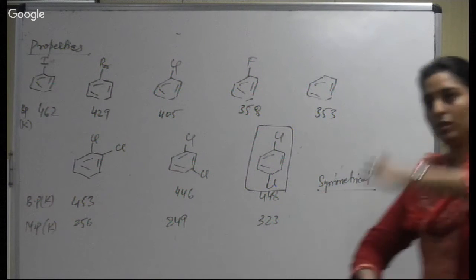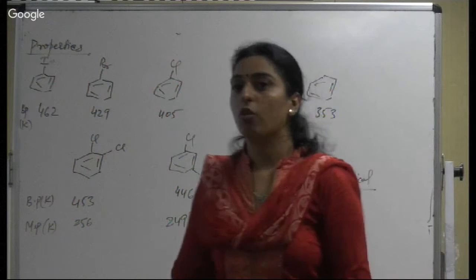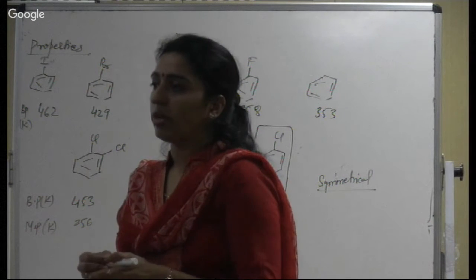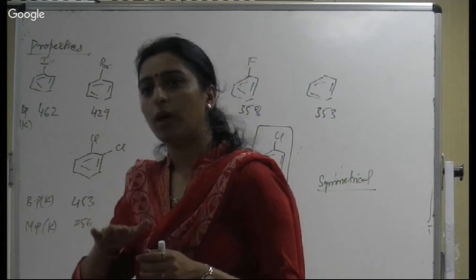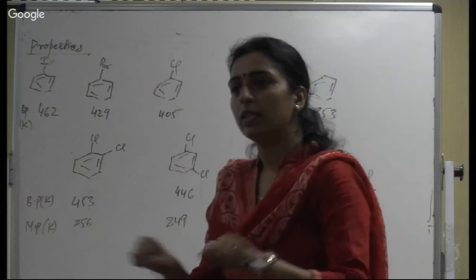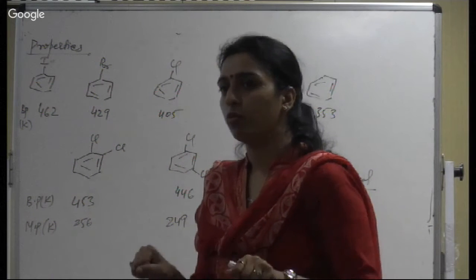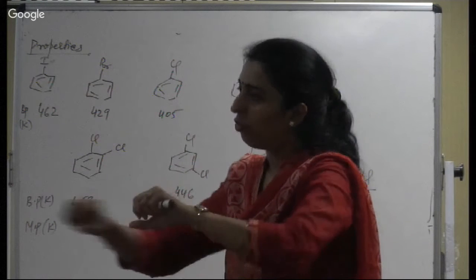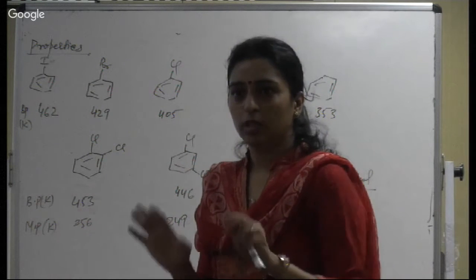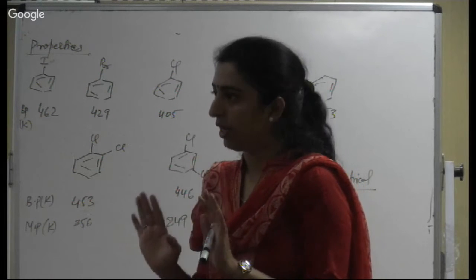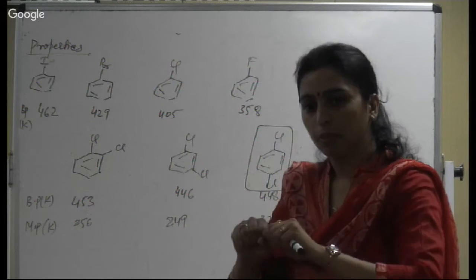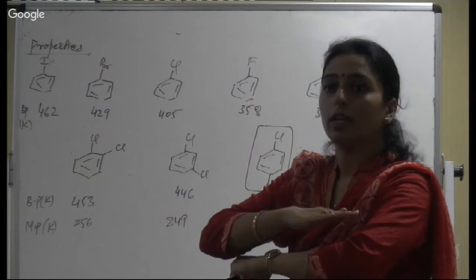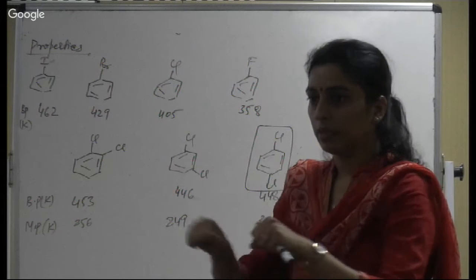So you know the melting point depends upon what? Symmetry. What is melting point? It is the temperature at which your compound will overcome the intermolecular forces of interaction and the molecules can move, because melting means you are converting solid state into liquid state. So you want molecules to move around. In liquid, the molecules are free to move. So whenever you are melting, the molecules will have to overcome the forces which are making them sit together. You want to move them